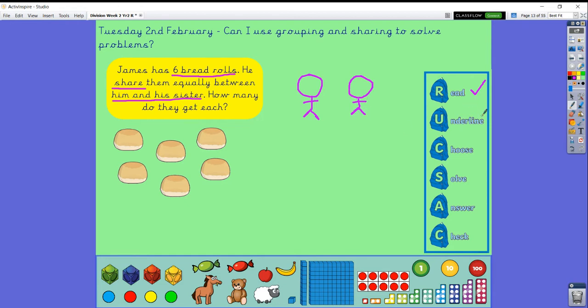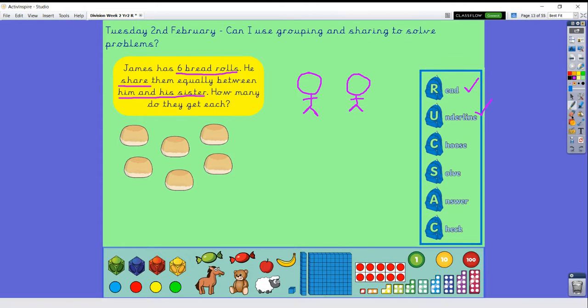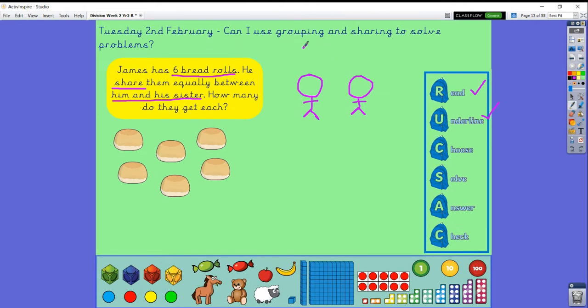Okay, so I've underlined some important information. I've drawn a few little pictures to help me understand it. So now I need to choose what to do. So I'm going to choose to do 6